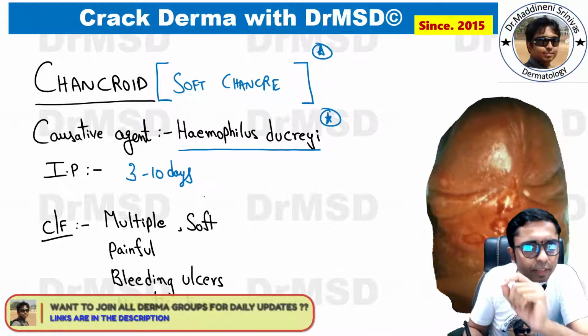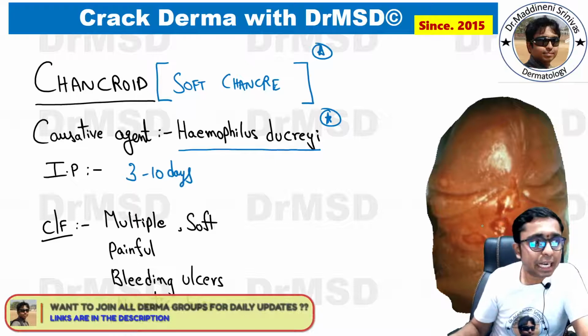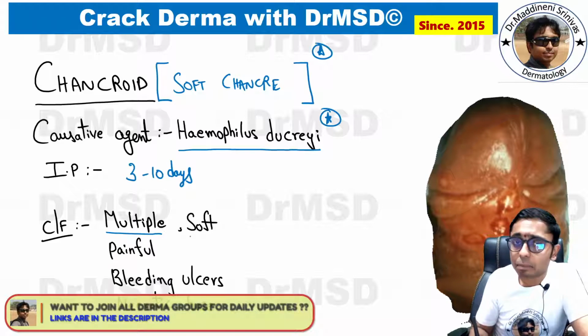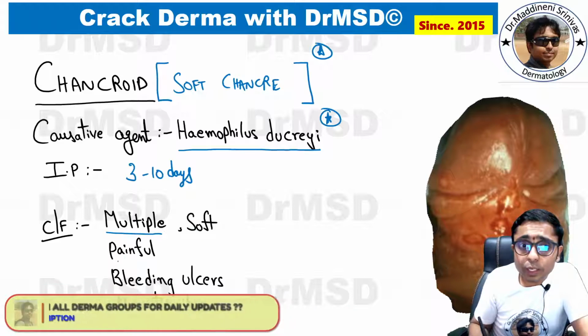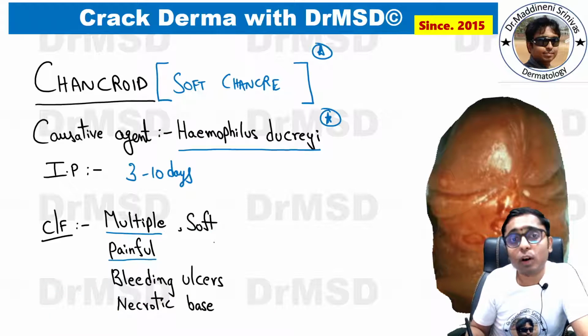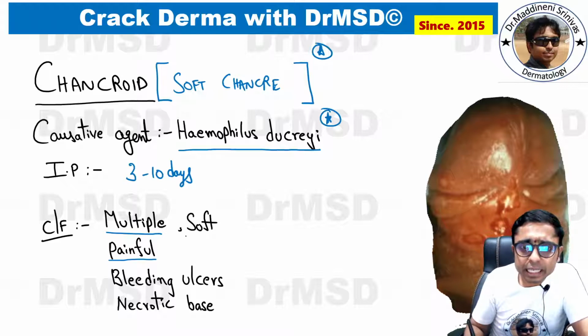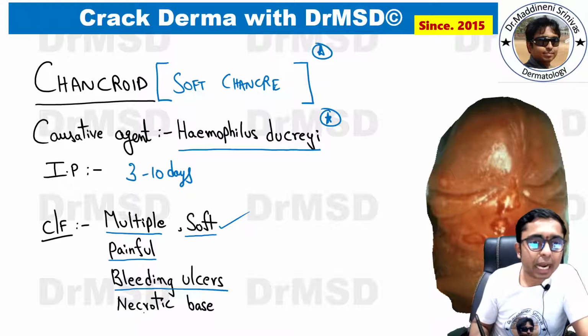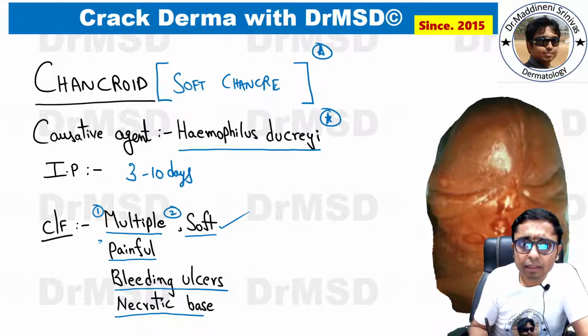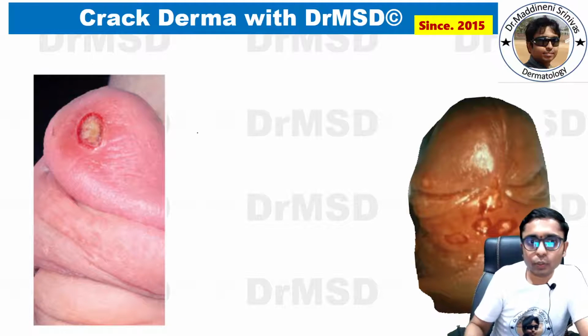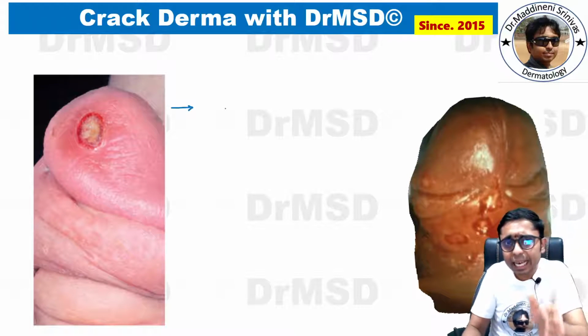So apart from this, clinical features are very important. As you can see here again in this picture, you can notice that there are multiple ulcers. The patient is going to have extreme pain, and also if we try to palpate, there is also going to be a tenderness. And yes, these ulcers, if you try to palpate, they are going to be very soft and they are going to easily bleed on touch. These are bleeding ulcers, and yes, the base is going to be necrotic base. So if you consider these are the 5 features of chancroidal ulcer,